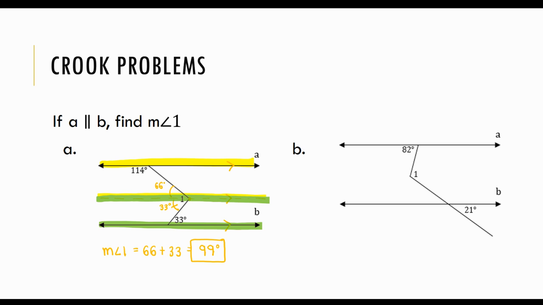Same idea in part B. If I know that the line A is parallel to the line B, but there's no one transversal, I take the angle at the vertex and I can draw one more parallel line. So now I have 3 parallel lines, which means I want to find this angle and this angle. I don't know that those 2 angles are congruent, but by focusing on the top 2 parallel lines, I see